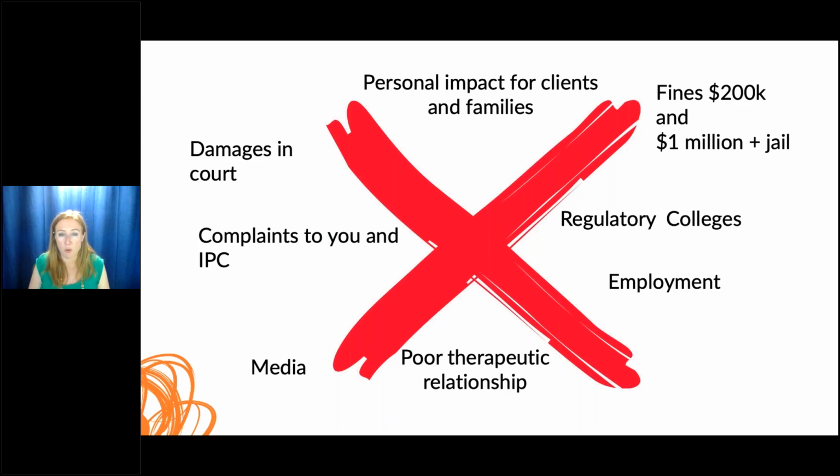People can also go to court and get money. When you see the word damages, think money. People can now get up to $20,000 for intrusion upon seclusion. That's a snooping case. And we have seen some of those cases going forward in the healthcare context. And also there can be fines. So remember when I said our privacy law was updated last year with respect to fines and penalties? Well, this is one of the areas that got updated.